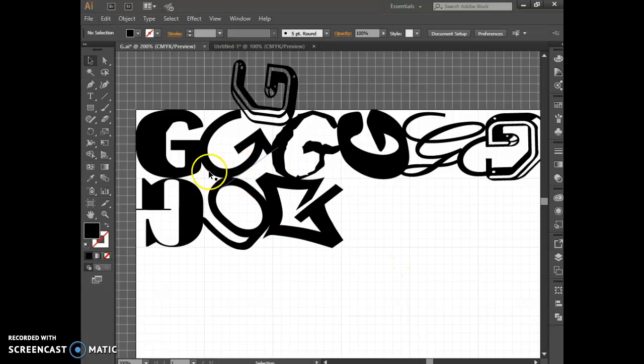You want it to be all the letters in one color and the background in another color. Like I said, mine is black and white, but you do have freedom and flexibility to make that choice. No gradient fill. No different color outer stroke. You might love the color pink and you want to put a pink outer stroke on this letter G, but it's a no. Okay? So with that, I think we've pretty much covered everything on the agenda for you